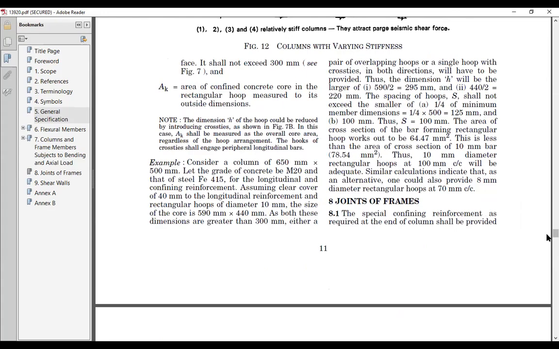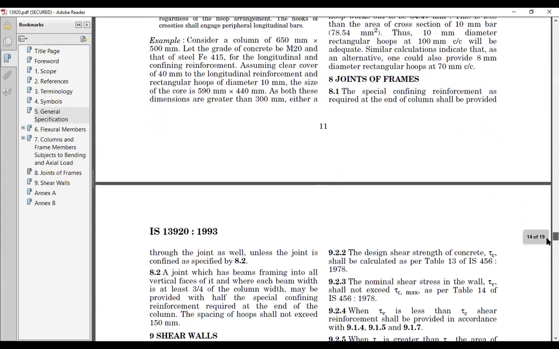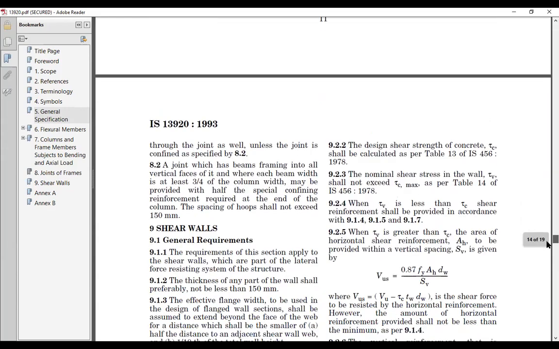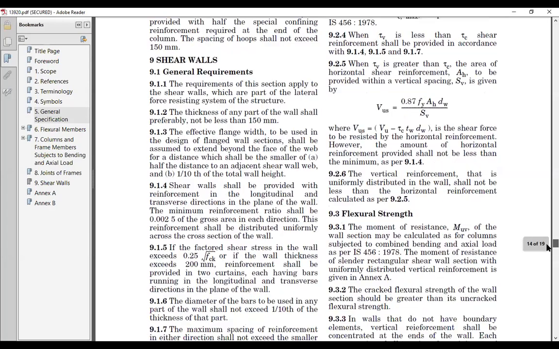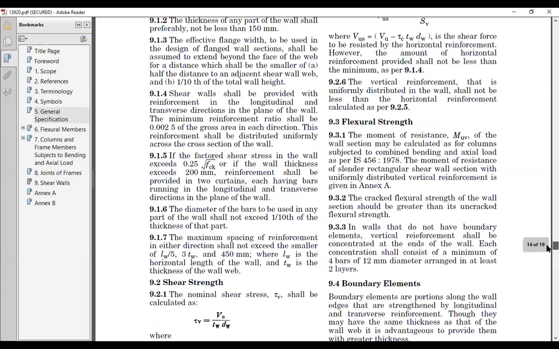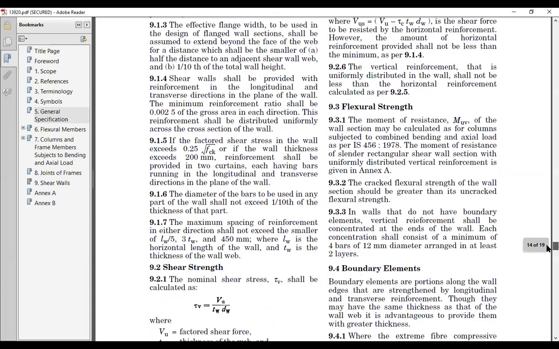And then joints of the frames. Okay, joints of the frames I had said are important, so there will be some clauses for that, and then we have some clauses for the shear walls. Okay, shear walls you don't have in your syllabus, so this will not be considered. You can just go through shear walls. So we can just consider the general clauses, then clauses for the beams, that is flexural members, then some clauses for the compression members, that is columns, for longitudinal and transverse reinforcement. So these are some of the ductility detailing considerations as per IS 13920.